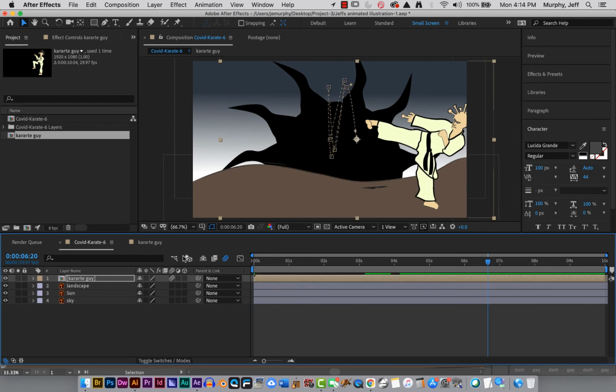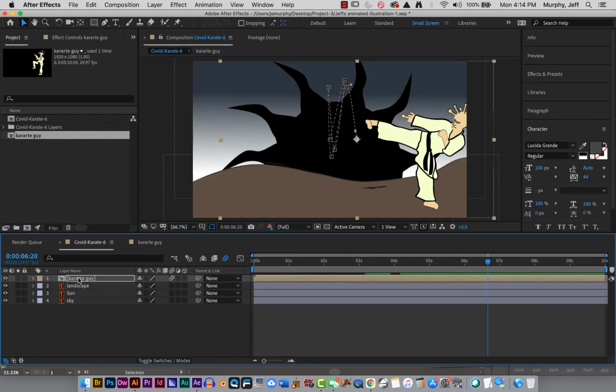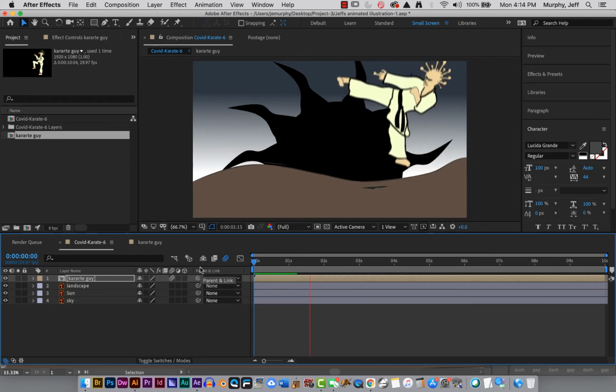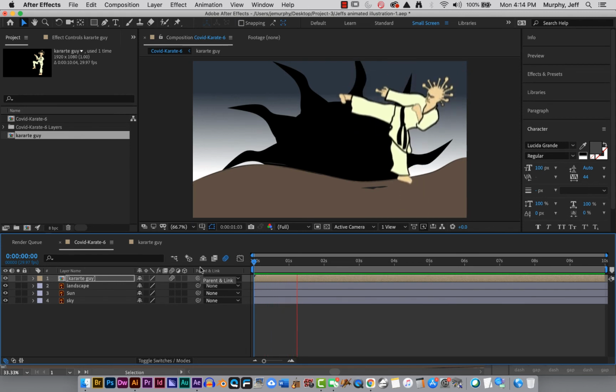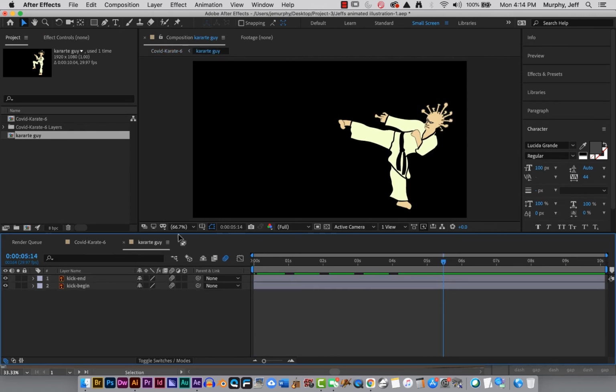And if I'm not sure if that's working correctly, I can always just double click on this and make sure I have them set here, even though these aren't really moving, so it shouldn't matter. But just in case, just to show you, you can always go back to this document and modify it. So when I want to go back and add the rest of the keyframes and finish that thing up, I can. Right, because I only put them in halfway, but I can always get back to that. Just double click on this and it'll open up in another tab. And I can go back and continue to